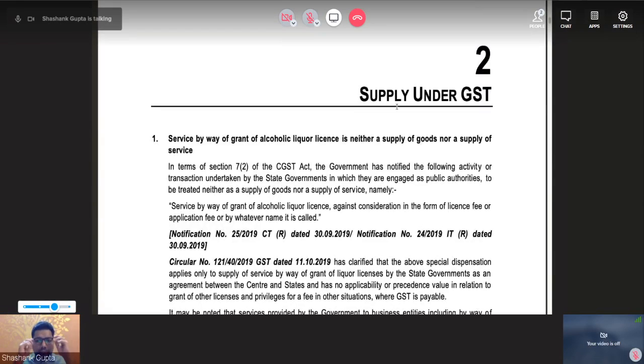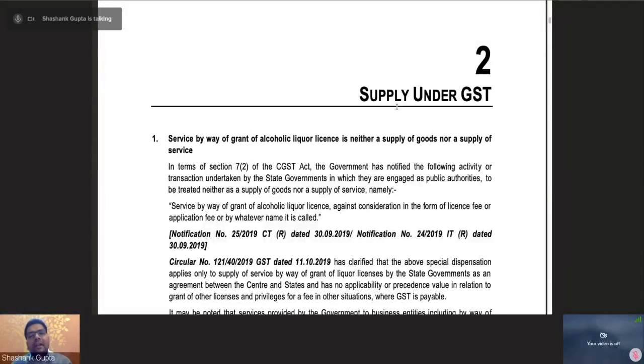Okay, so there was some small technical issue. Basically, every state government gives a license, charges some fee against that license, and only then can a person deal in alcoholic liquor. Nobody can generally deal in alcoholic liquor because liquor is very strictly regulated in India. So the question was whether GST is applicable on the fee collected by giving this alcoholic liquor license. And it has been clarified that GST will not be applicable on giving license for alcoholic liquor, and this will not be liable to GST.